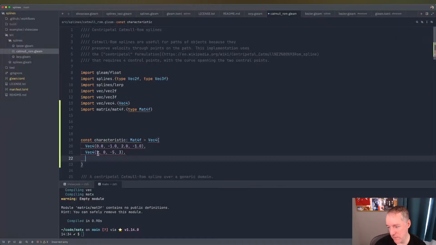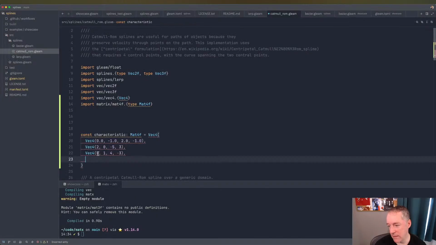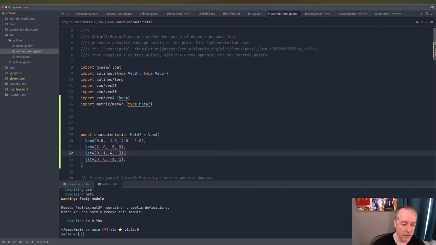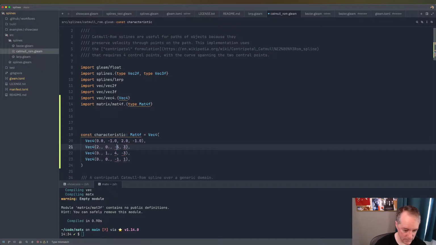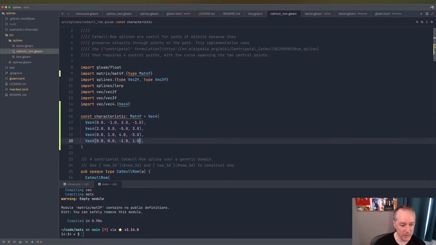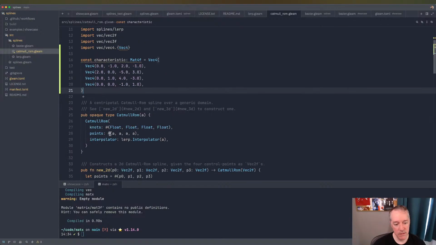And we have 0, 1, 4, -3. And then 0, 0, -1, 1. Okay, so we just need to put dots on those and then let the formatter go for it. Okay, so there's our characteristic matrix,